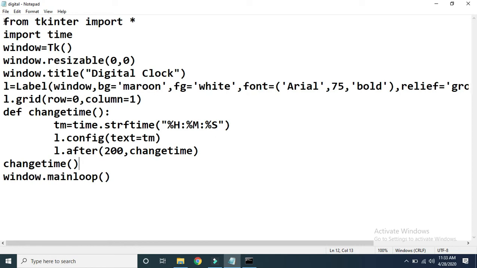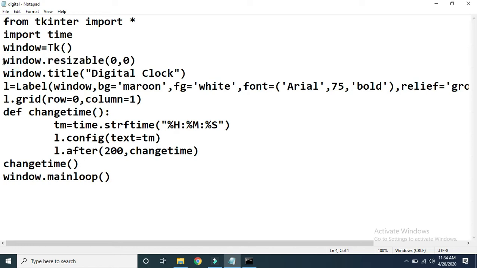Initially, see what will happen. When we execute this program, the Python interpreter will execute this line first. So importing tkinter, then this statement will be executed, then importing the time module. Then this statement will be executed. Here we create an object of the Tk class, that is window. After execution of this statement, one window will be created and displayed with default dimension, and then the next statement will be executed. So sequential execution will be there.